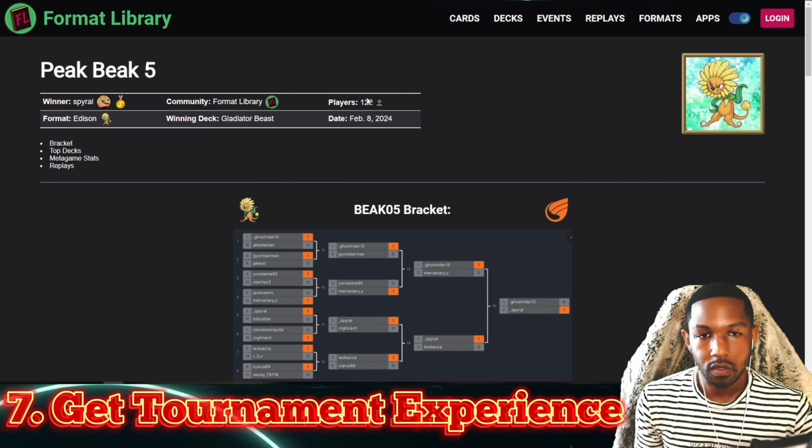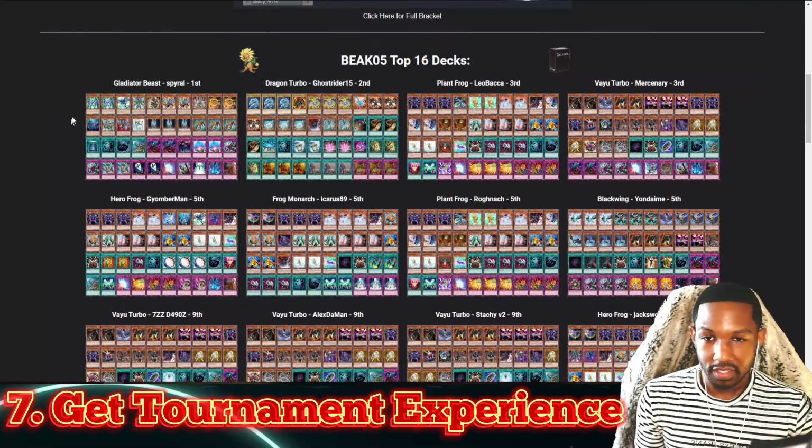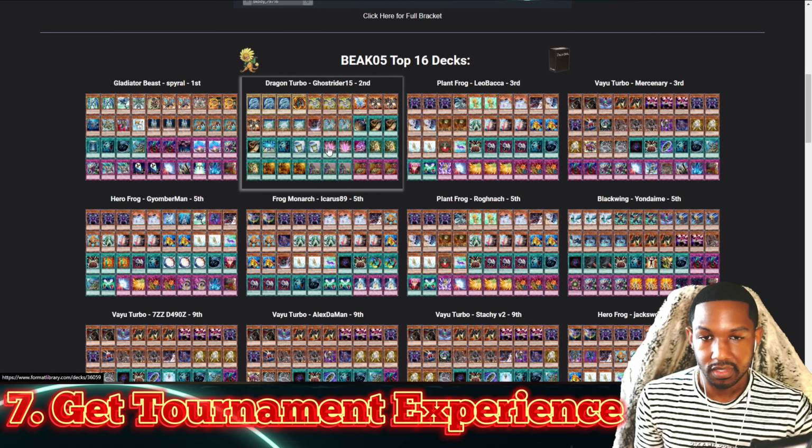This is won by Spiral, 122 players. It's a decent size. It was won by Glad Beast, which is crazy, but here we are. Look at these deck lists. You can see what got first. Second was Ghost Rider, who was playing Dragon Turbo, and I believe this is the exact list that I showed you a second ago. Also, you have the Plant Frog deck that I showed you a second ago as well,